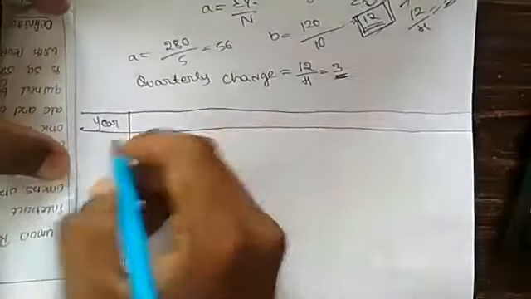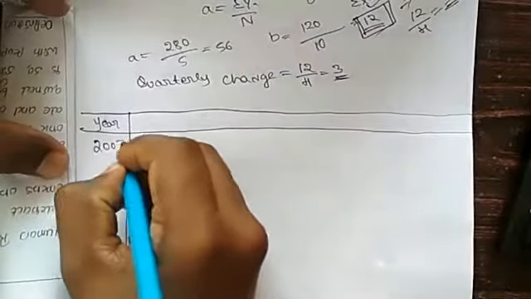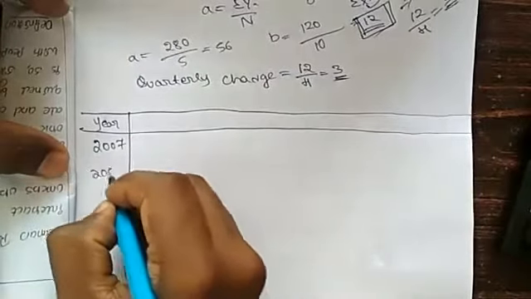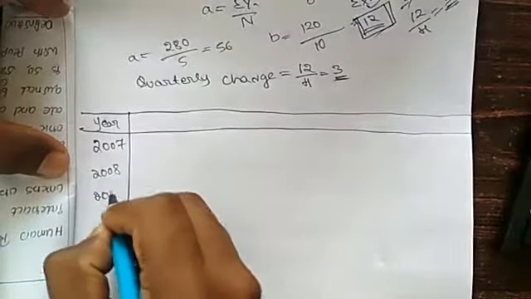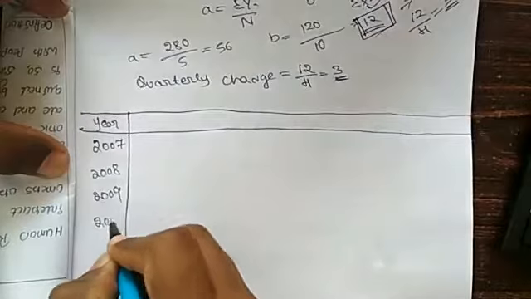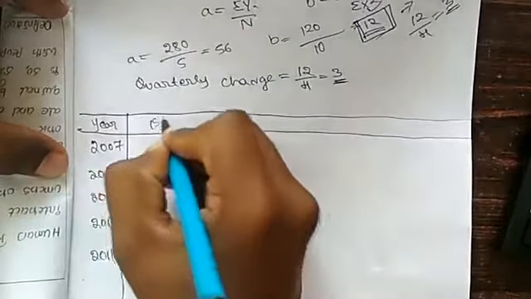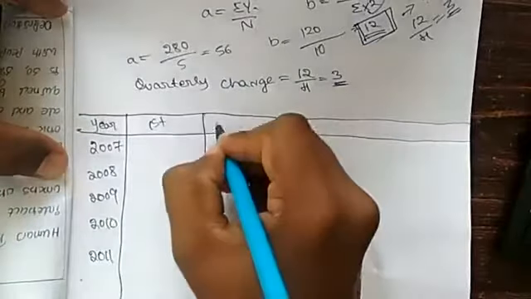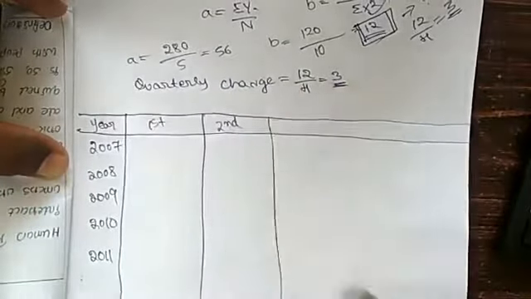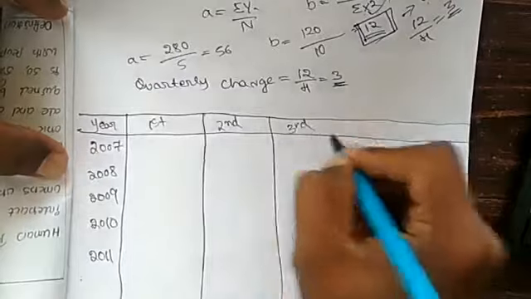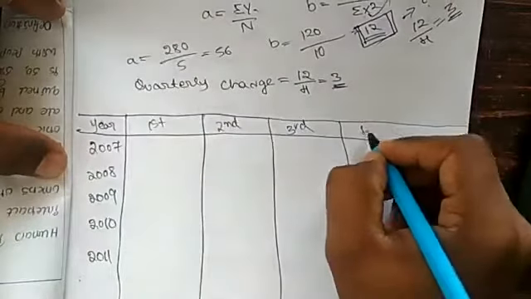Okay. Years 2007, 8, 9, 10, and 11. First quarter, second, third,